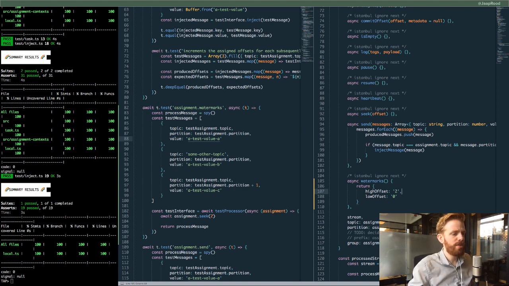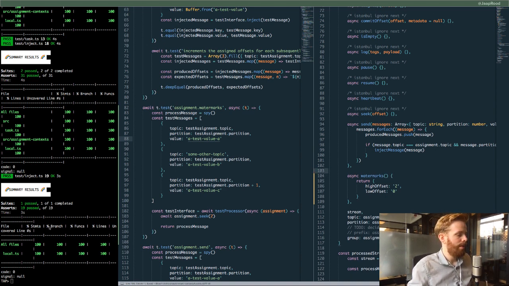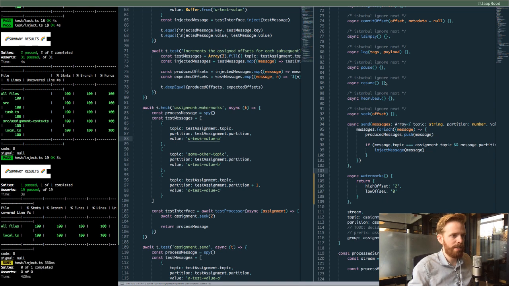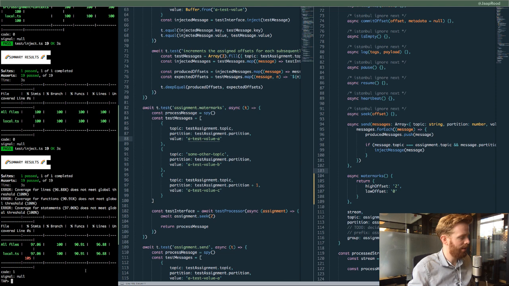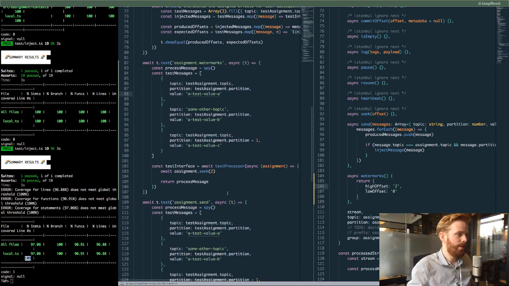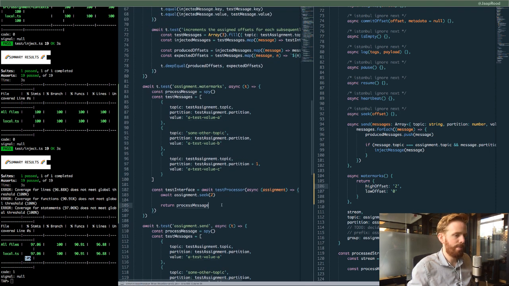So let's do watermarks first, because it's really easy, and we can test. Let's get rid of this Istanbul ignore, which is the coverage. That's the little thing that makes the coverage ignore that line. And then line 105 isn't covered, and that's right, because that's over here. All right. So I think if we just call this with assignment watermarks,